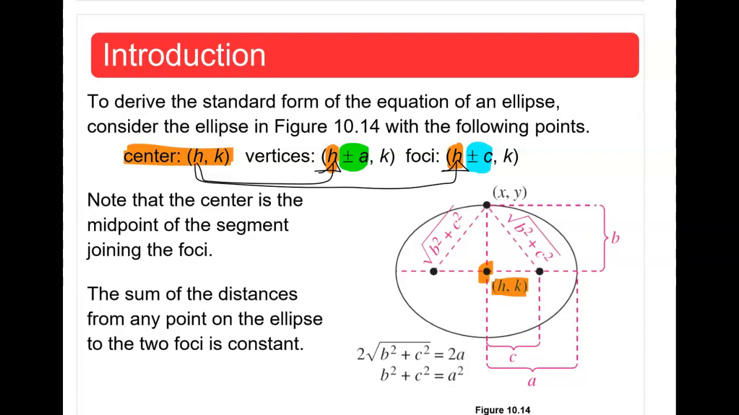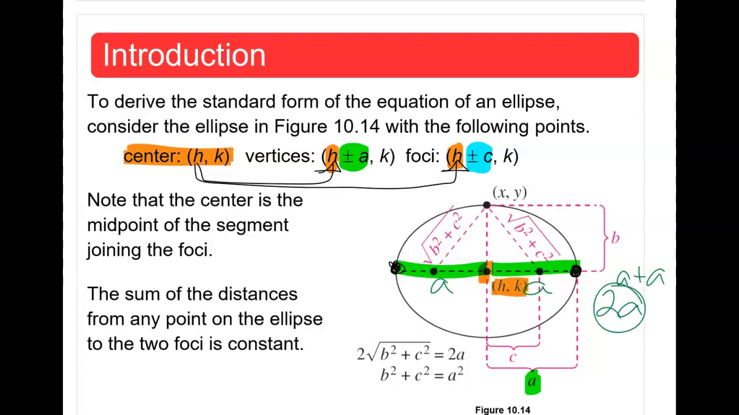So let's see where a is located. a is going to be the distance from the center to a vertex. And let's draw those here. Remember, the vertices are always on the major axis. So the distance from the center to each of the vertices is considered to be a. So if this is a and this is a, then the distance from one vertex to the other is going